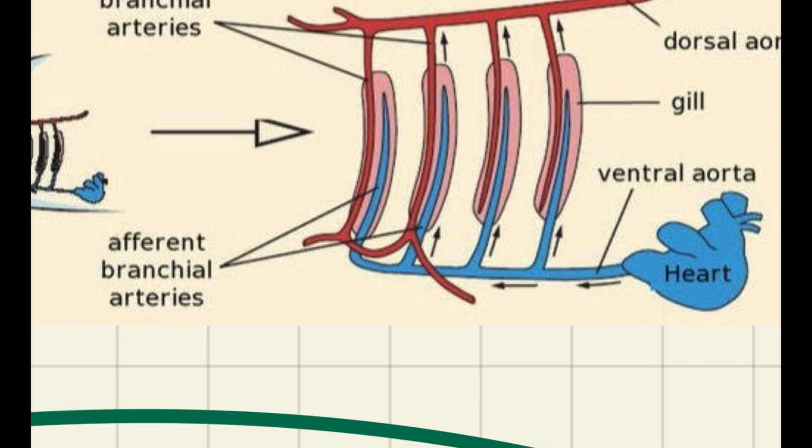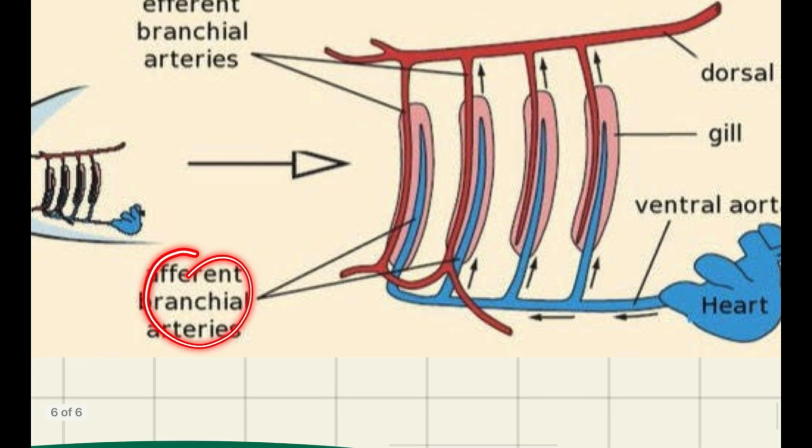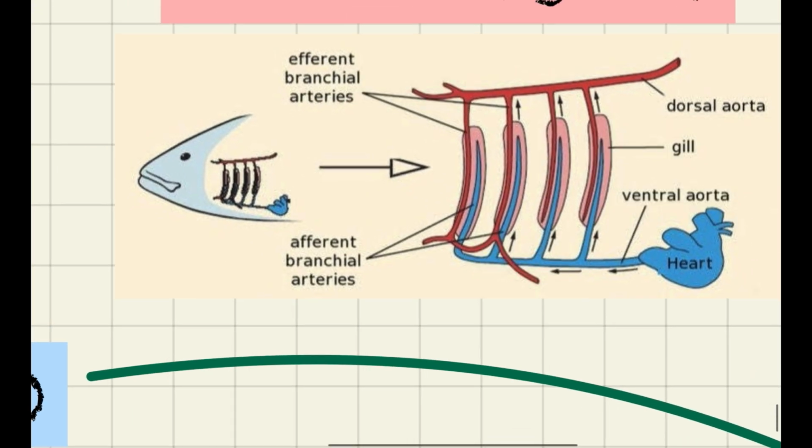Arterioles, in broader terms, arteries can also be there, arteries and arterioles. So afferent and efferent ones. Now we will see the function. When the fish is in the water, it is mostly occurring in the fishes. The water is taken from the mouth to this cavity, and in this cavity the water bathes these gills, and